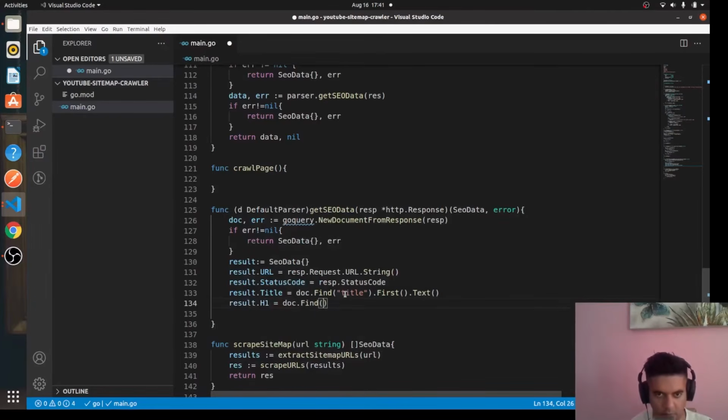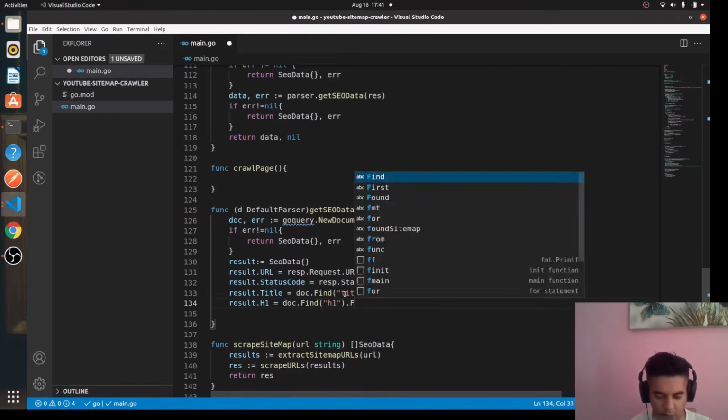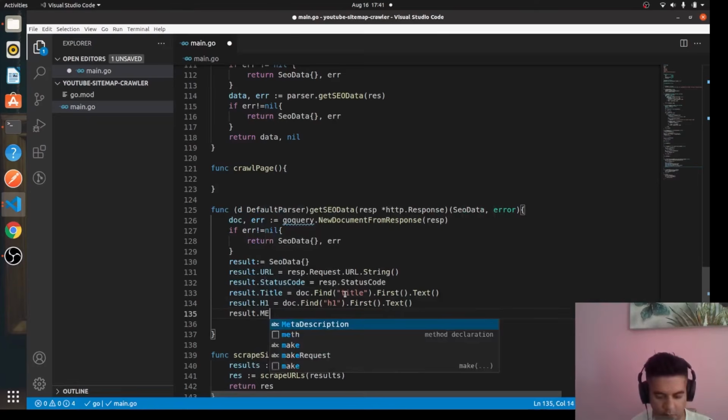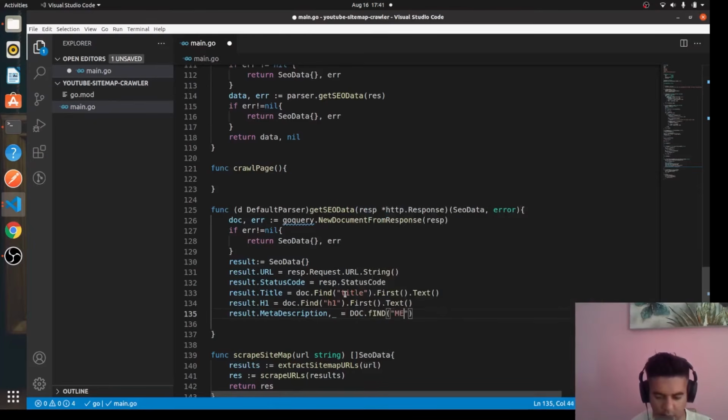We'll say doc dot find h1 dot first dot text, and here we'll say result dot meta description, doc dot find. So all we're doing basically is finding out the meta description. If you know basic HTML, you know that we have meta descriptions, right? So that's all we need to find